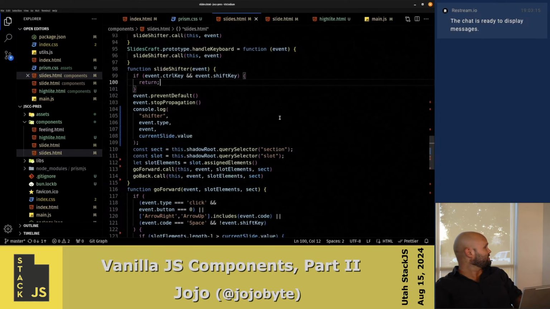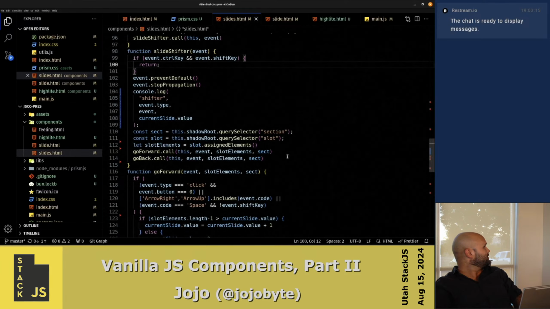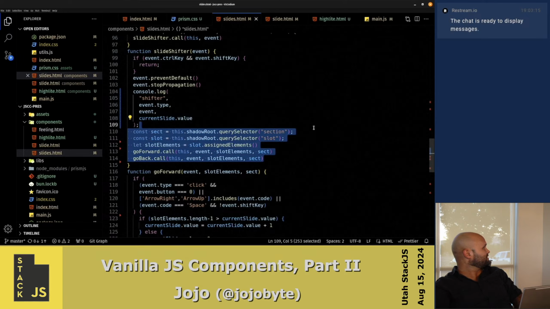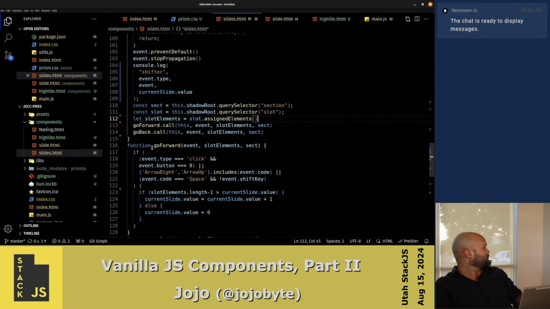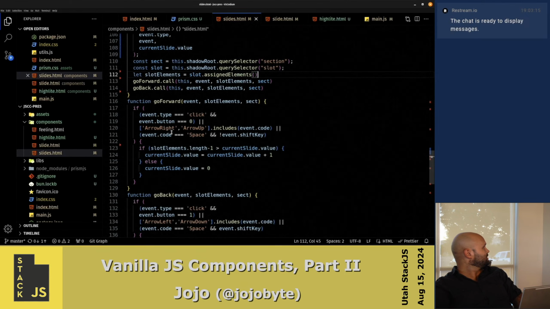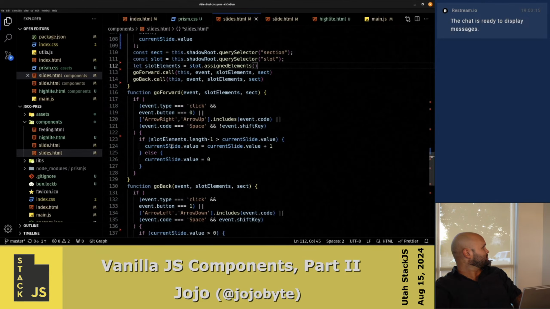So that's all this is handling essentially, and it's literally just finding the section element and passing those along to the go forward and go back calls, and then it just calculates based on the